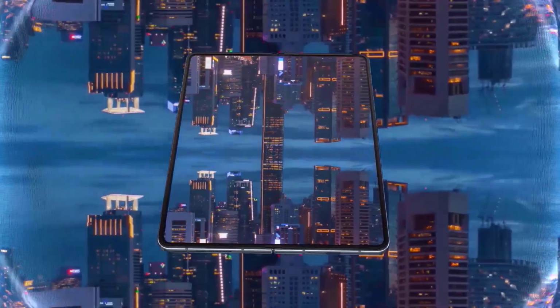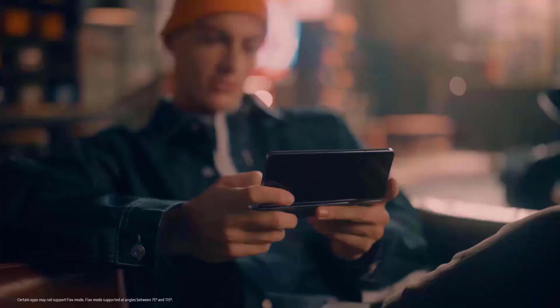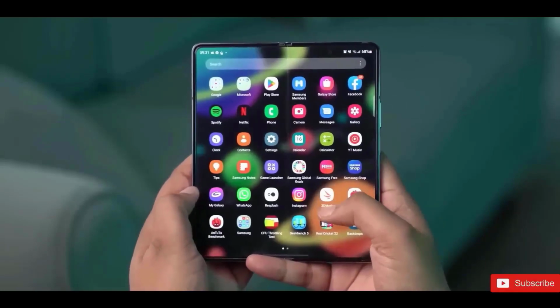New Galaxy Z Fold and Z Flip smartphones are often launched by Samsung just before the fall season. Currently in their fourth iteration, foldable phones have successfully supplanted the once popular Galaxy Note series. Without a doubt, the Samsung Galaxy Z Fold 5 will join the top-of-the-line Galaxy S23 Ultra as the company's most